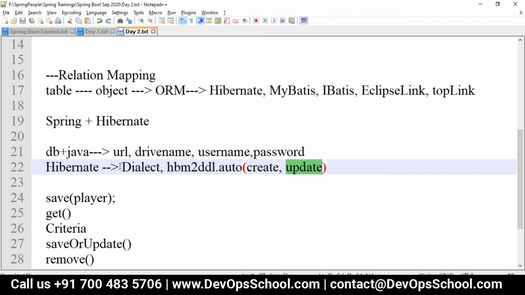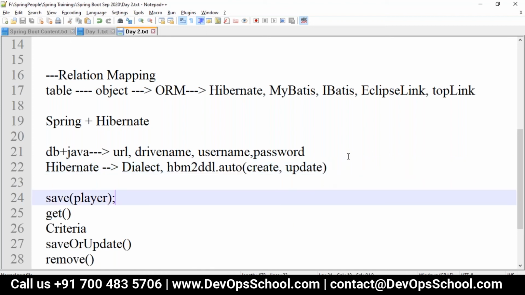So Hibernate has a first property called dialect, which is to convert your Hibernate code or your methods into SQL statements, and then HBM2DDL auto to generate the tables out of Hibernate.